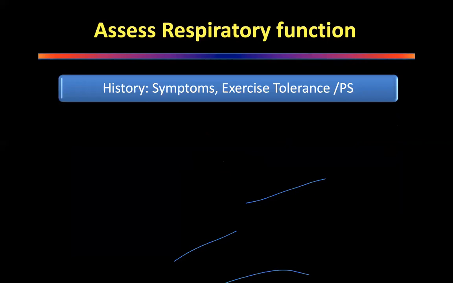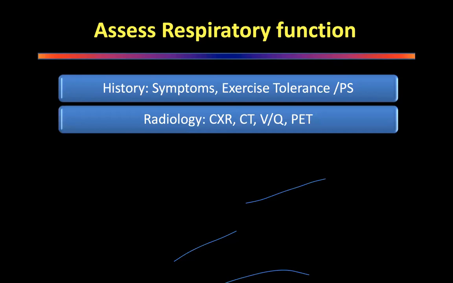Well, important before you start the assessment is actually the history. So assessment of respiratory function starts with the history. It starts with looking at the symptoms of the patient. It starts with documenting what is the exercise tolerance for this patient. It starts with actually documenting the performance status of the patient, because this gives you the baseline physiological characteristic of